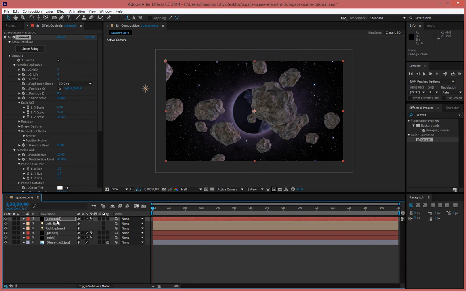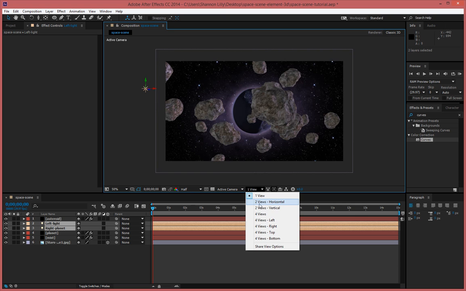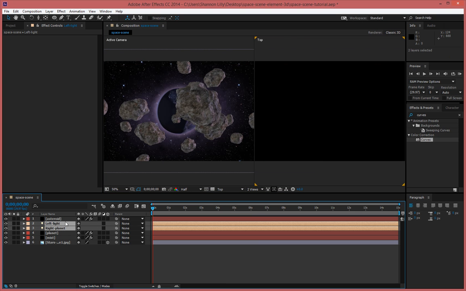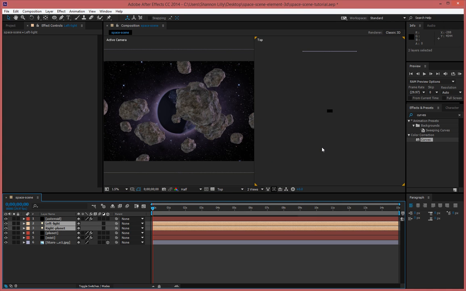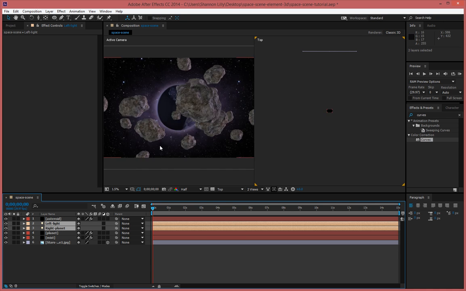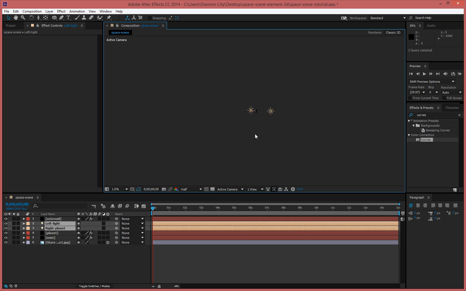And those lights are looking slightly off, so I'm going to go ahead and go here to my 2 views horizontal, and this one here I'm going to change over to my top view, left light, right light. I don't know if I'll be able to see them or not. But here we can actually go back to the active camera, 1 view,